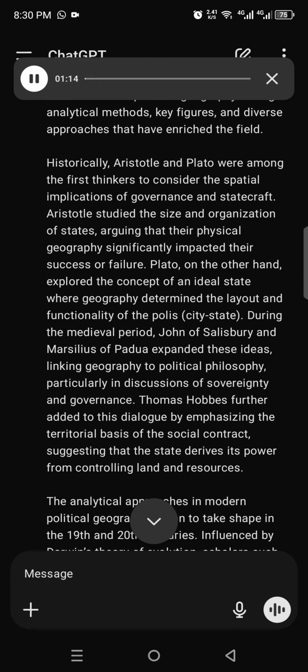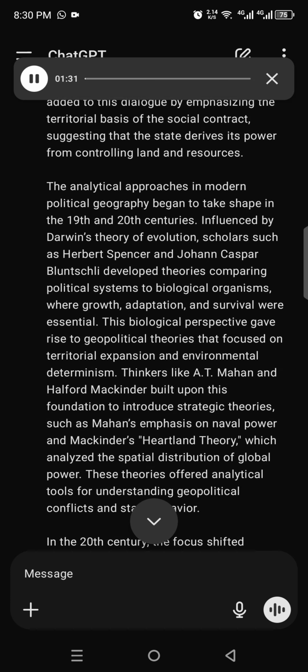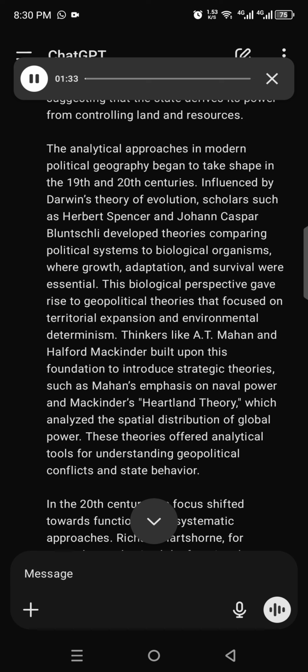Thomas Hobbes further added to this dialogue by emphasizing the territorial basis of the social contract, suggesting that the state derives its power from controlling land and resources. The analytical approaches in modern political geography began to take shape in the 19th and 20th centuries. Influenced by Darwin's theory of evolution,